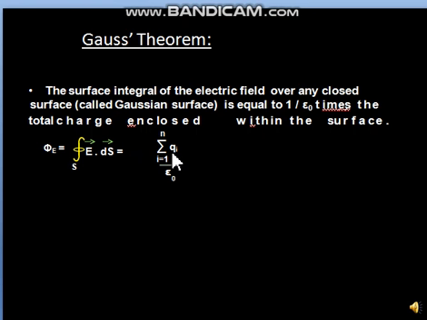Summation Q means whatever charge is present inside the surface, not outside one. We have to only take the total charge present inside the surface, divided by epsilon 0. Epsilon 0 if free space is given. If any medium is given, then here epsilon will come. So to understand this Gauss theorem, now I will take some questions. So let us focus on those questions.